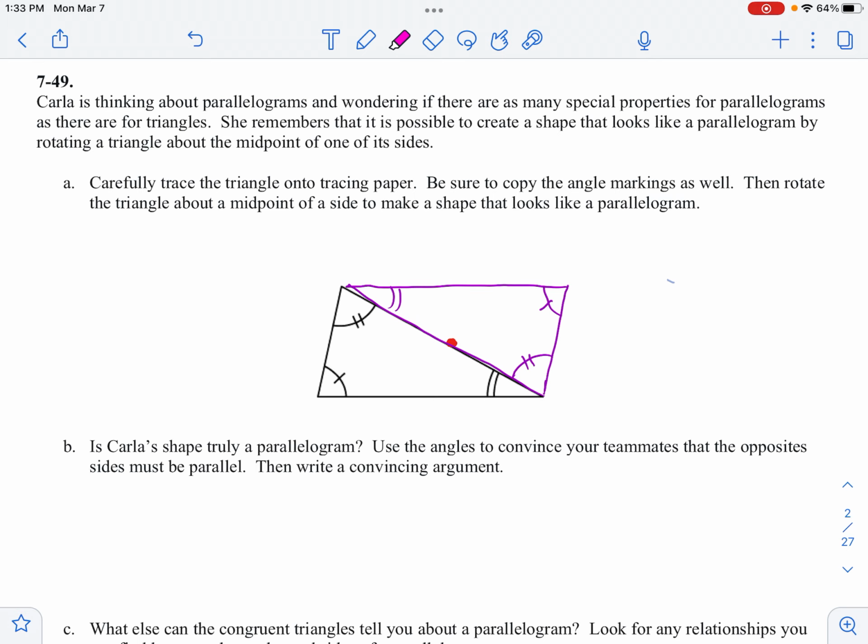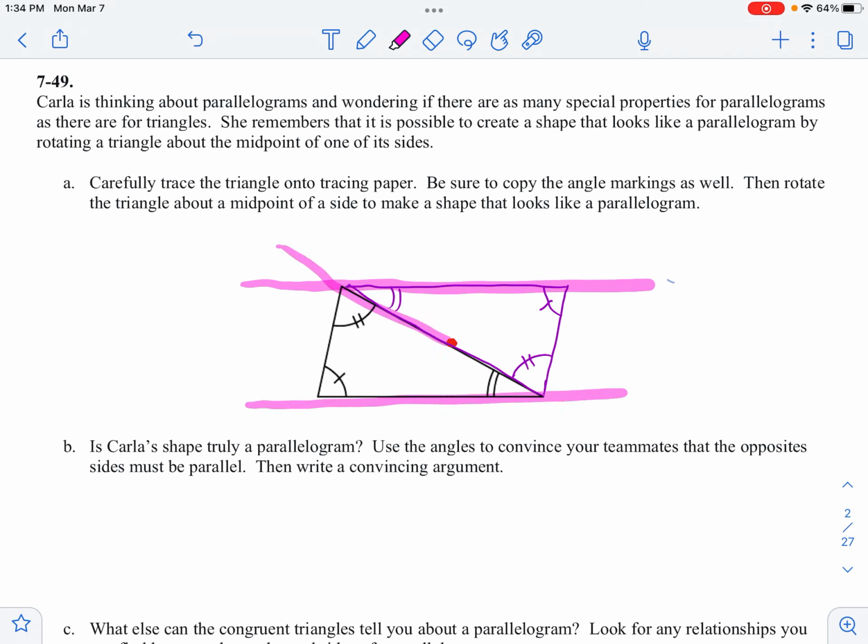We need to be a little bit more specific than what we were on our test last unit. So you have to pretend like you're a lawyer and you're arguing this in court and that your argument has no holes in it. So you want to be very specific about which angles and sides that you are talking about, but then you also have to give a reason for why you know something has happened. So I'm going to use my pink highlighter here,